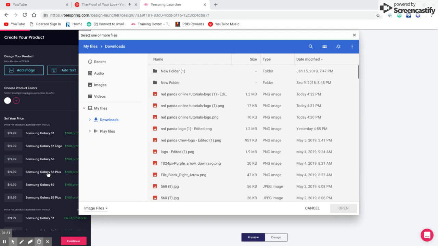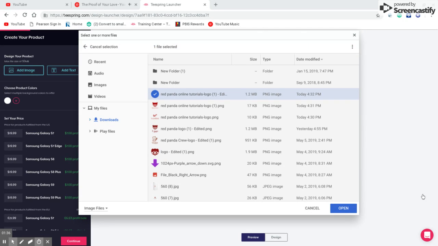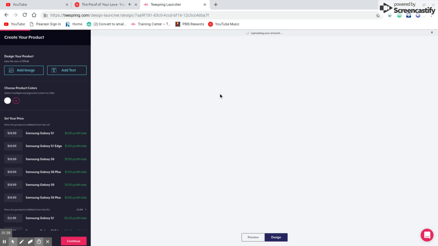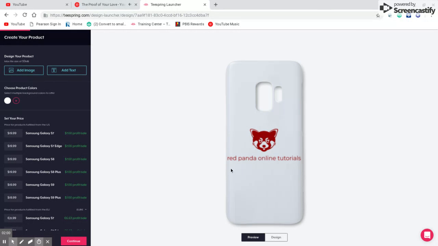Oh, and you can change the prices here. So like this. Like that. Our logo. So now this is how it's gonna look. So now we click continue